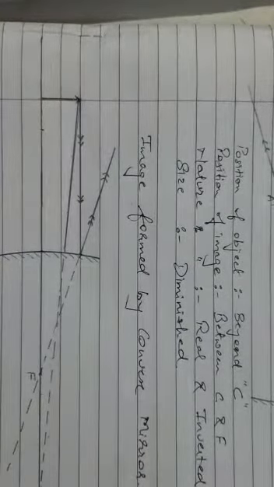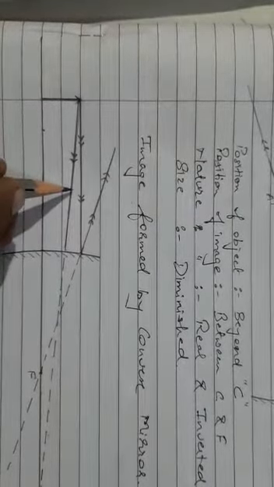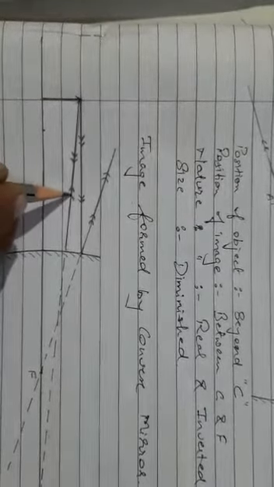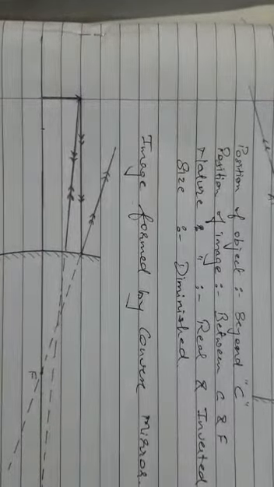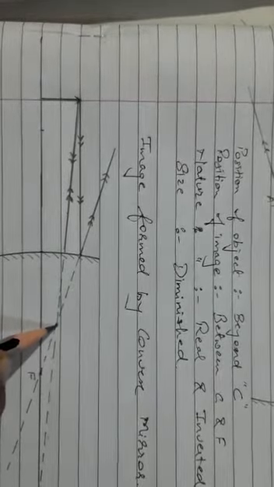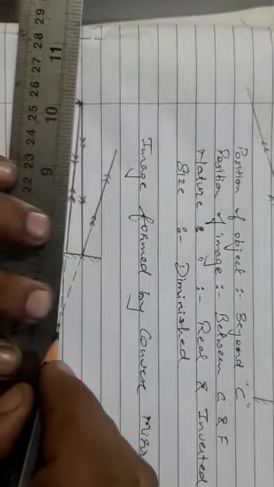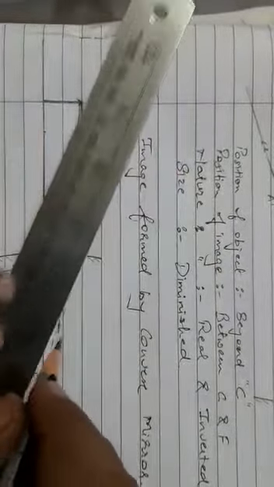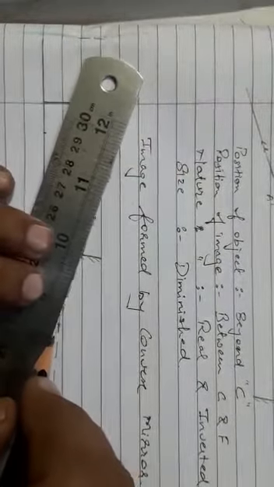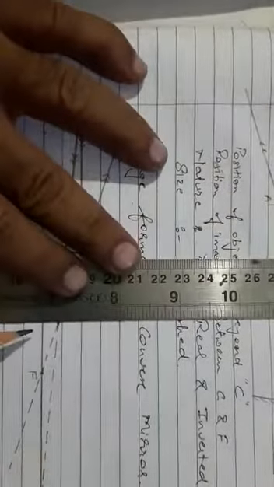Fine, so this is how it is passing. Basically a ray is passing through the center of curvature here, and it is reversing back in the same direction. Always at the center of curvature it reverses in the same direction. Here is a point where the dashed portions get connected, right? So these two rays are intersecting here. So this intersection point is an image.